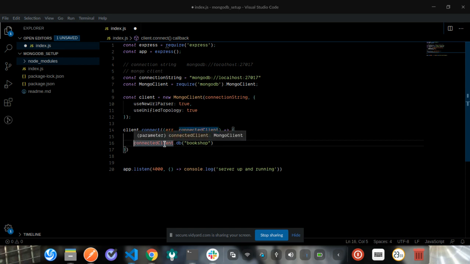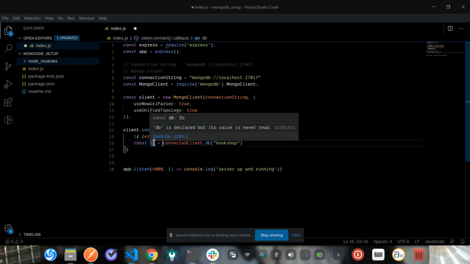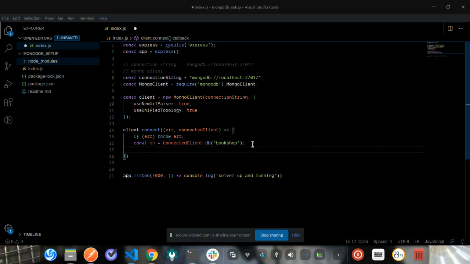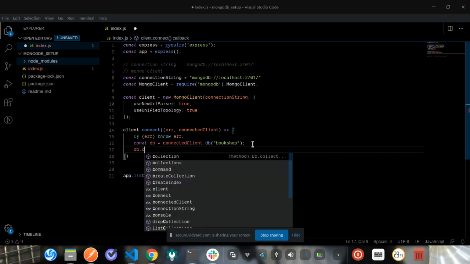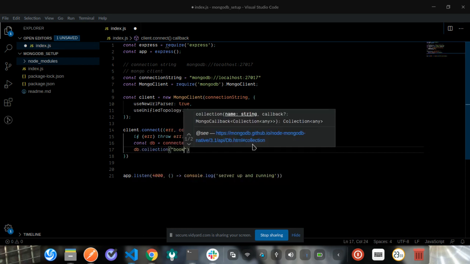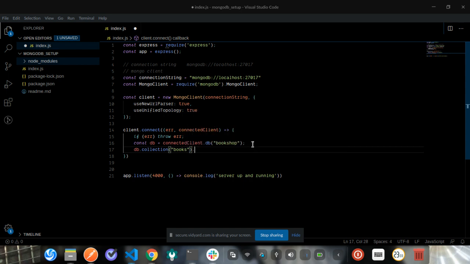So let me just call that a variable called db, and you would see this is a database instance. So I can now run commands like db.collection books.find